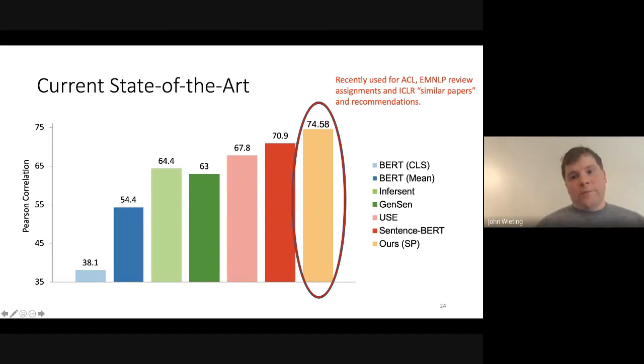Once it's brought into the same setting as these other ones, i.e. the same dimension, and you train on 10 or 20 million sentence pairs. So this similarity model is on the far right. It's the TAN model, that's ours, which I'll describe later. It still has very strong performance compared to these modern methods and models. It also has the advantage of being super fast since the encoding function is so simple. These have been used recently for helping with review assignments, as well as clustering similar papers. So it's still relevant for today.